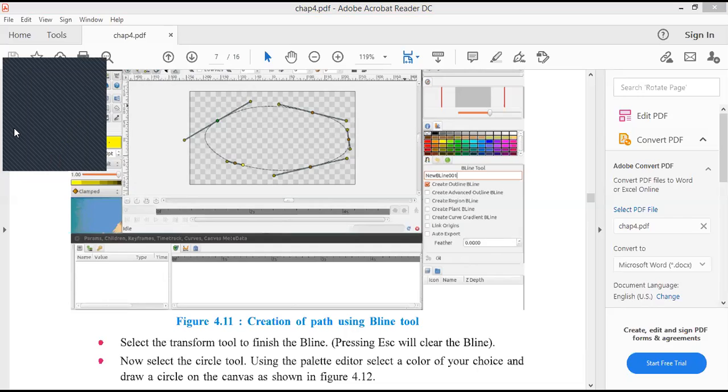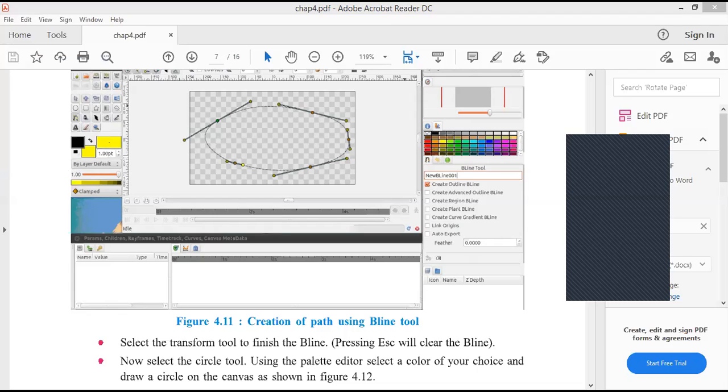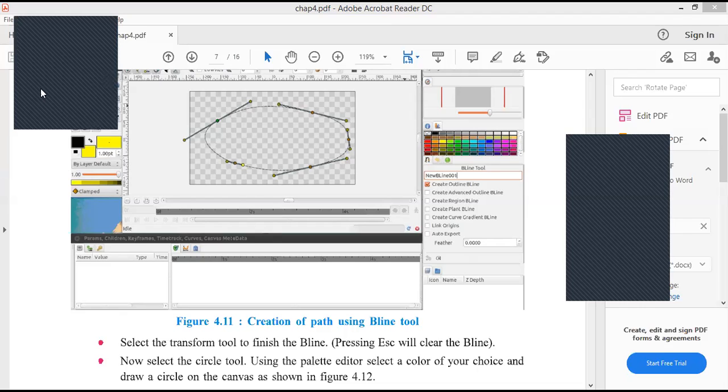They are telling us to create a Bline. Click here